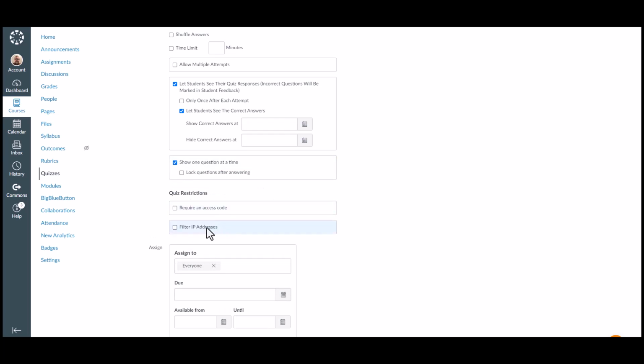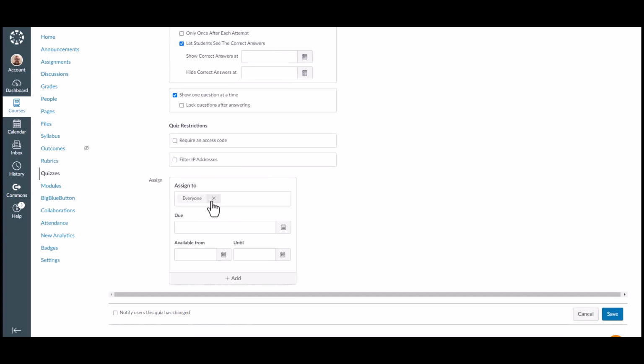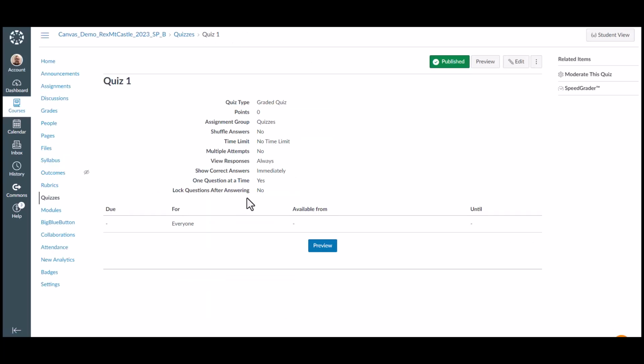Require an access code if we want to lock it down. I don't mess with the IP address because I never know what IP address this is being served up from. Allow it for everybody, due dates, kind of a deal. So if I hit save now, it's saved those items. I'm going to go ahead and go back into the edit,